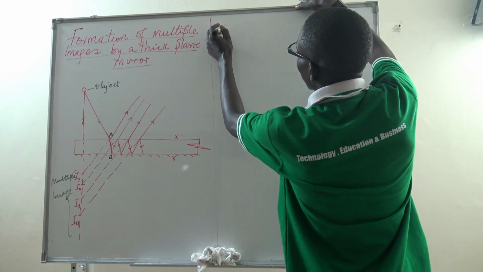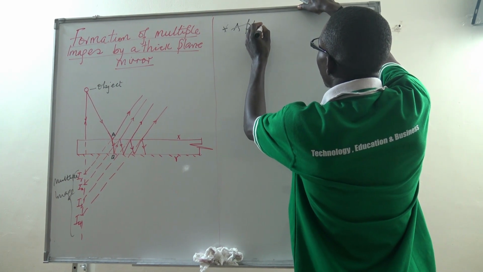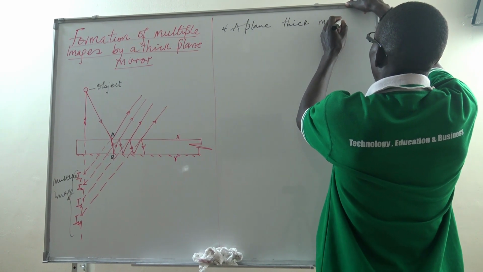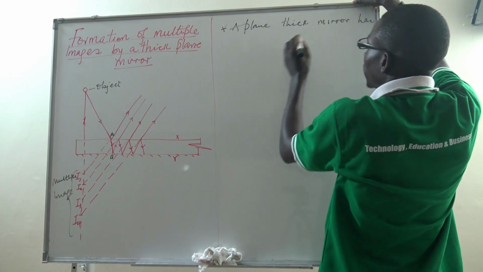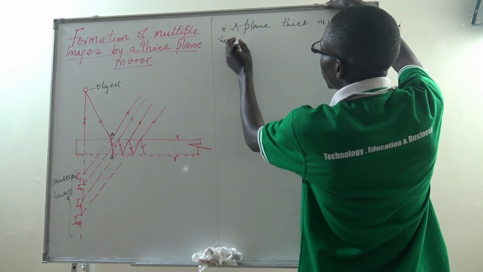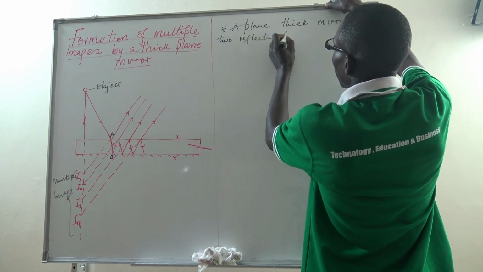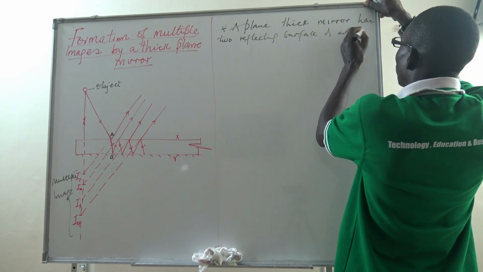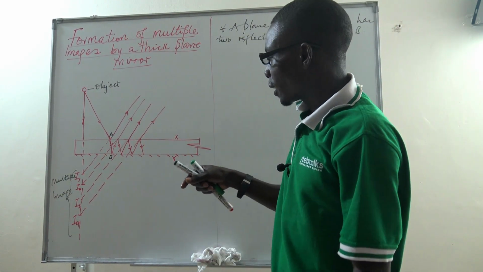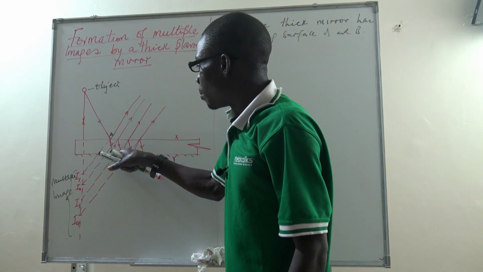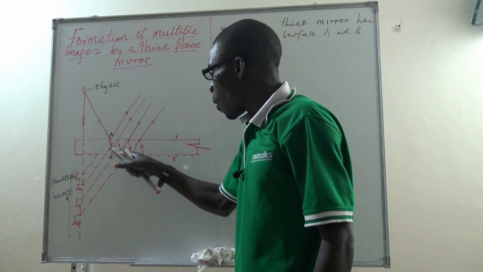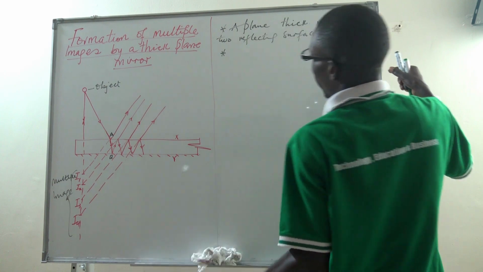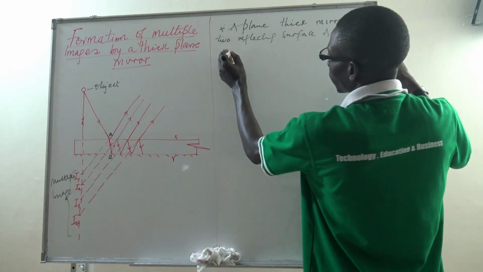And I can say a plane thick mirror has two reflecting surfaces, A and B. So we are saying that this plane mirror has two reflecting surfaces. There is A and B. This one can reflect, and even the lower one can also reflect. And then after telling you that all those can reflect, I'm right to tell you that